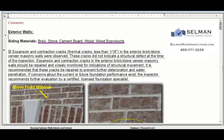I can't stress how important it is to have these brand new homes inspected. I did an inspection on a home and just wanted to go over in our actual report what some of the things we found in the exterior walls were. So these are things we might commonly find in new construction home inspections that your builder should fix and take